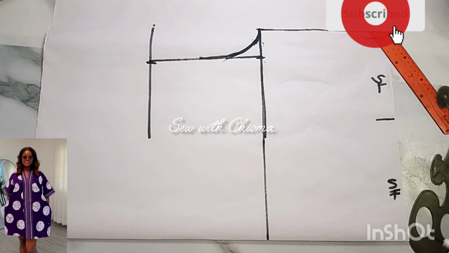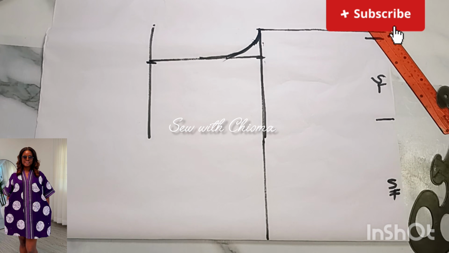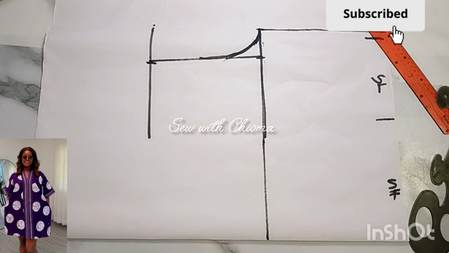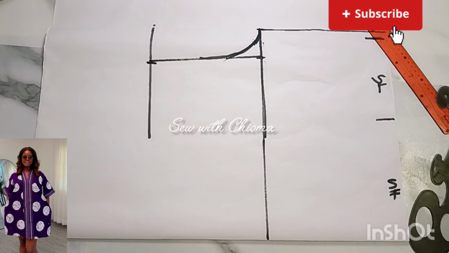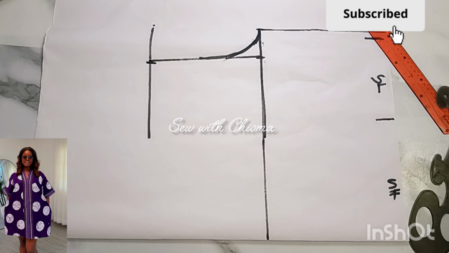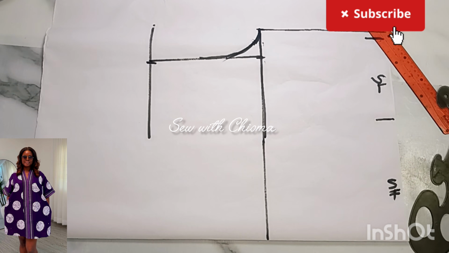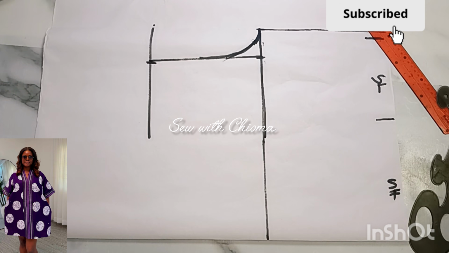You see how I'm curving it? It can go deep if you wish to, but remember, there will be a joining, which is the armhole joining to this sleeve, so you don't need to go in too much. All right, so once you have curved it,